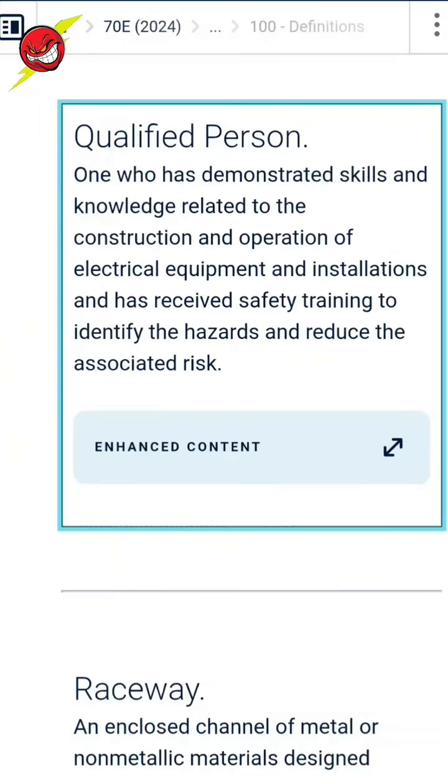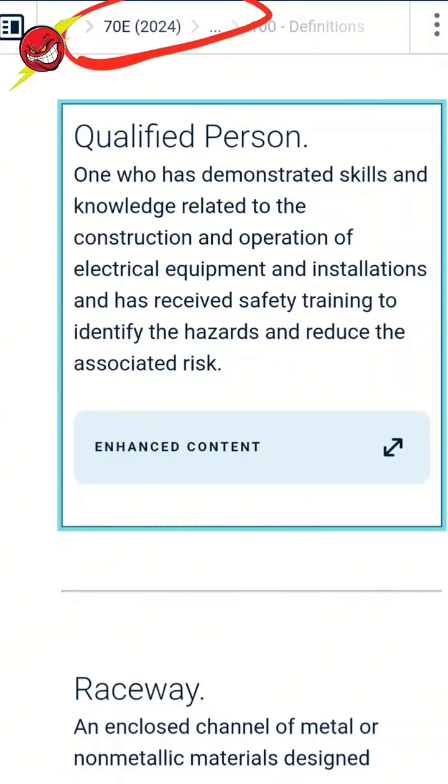If you have NFPA Link, which I strongly suggest anyone in the electrical trade gets, it'll give you access to every single NFPA publication. So for electrical, there's three main ones. There's NFPA 70, which of course is the NEC, we all know. There's NFPA 70E. You can see right here, I'm in the 24 version of 70E, that's the most recent. And then there's NFPA 70B, which is the maintenance.